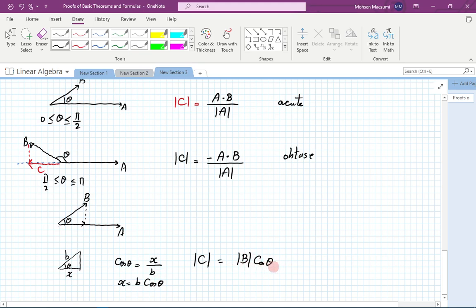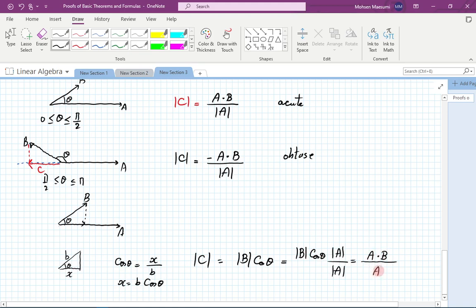Okay, so this is what you have seen in trigonometry. What does it have to do with the dot product? Very simple. I am going to multiply this by the length of A and divide by the length of A. Why do I do that? Because I want to bring the dot product into the picture. Length of A times length of B times cosine of theta, that is A dot B,